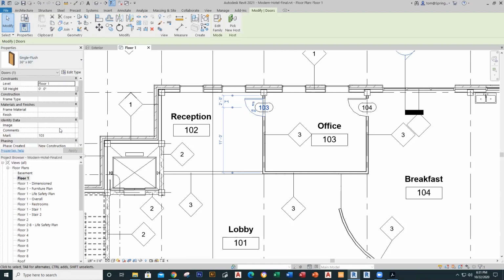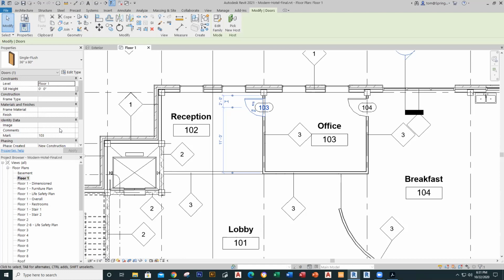And this is one thing that you have going on with Revit: you have different properties for different elements. Doors will have certain properties, windows will have certain properties, walls will have certain properties. And all of these different elements are known in Revit as families. So you have families. Now your families actually—